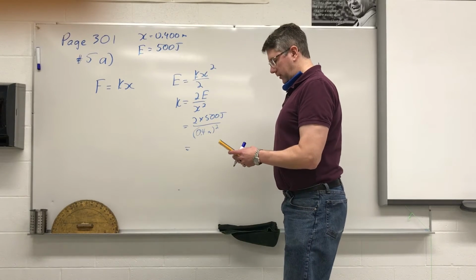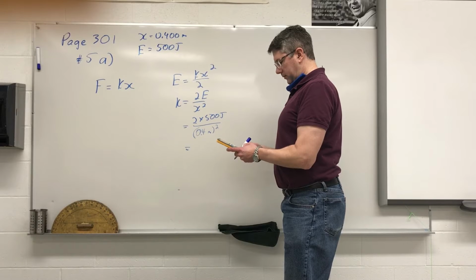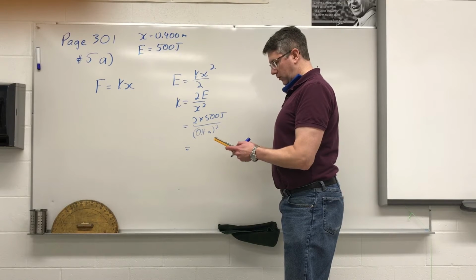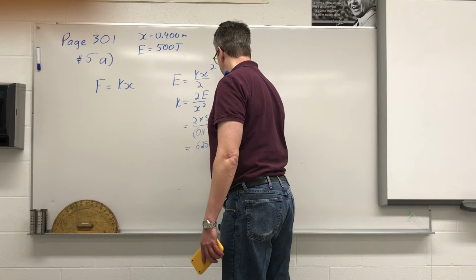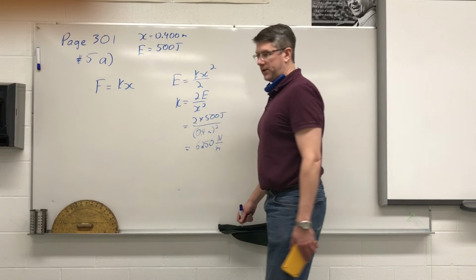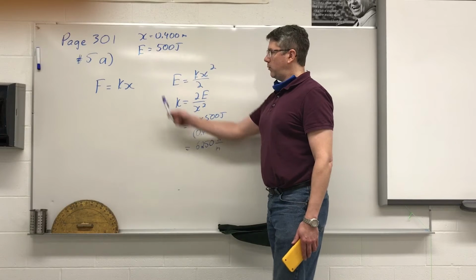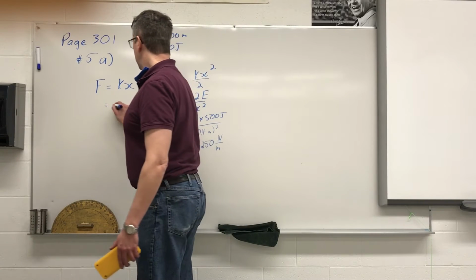Plug that into the calculator. 2 times 500 divided by 0.4 squared, and that gives us a K value of 6,250 newtons per meter for the spring. Now that we know that, we can figure out our force. So our K value is